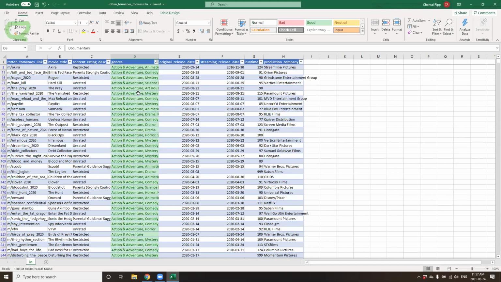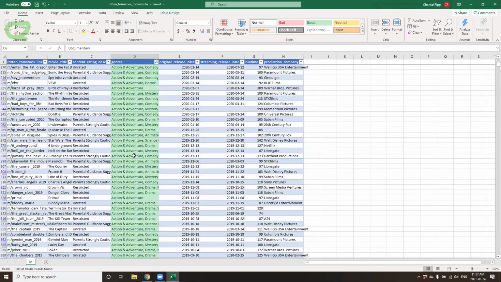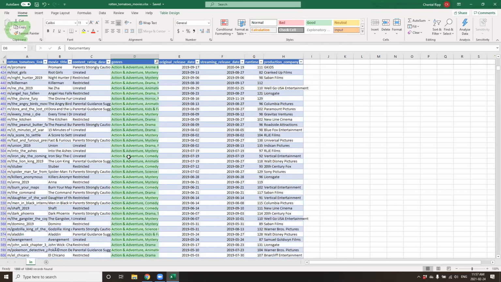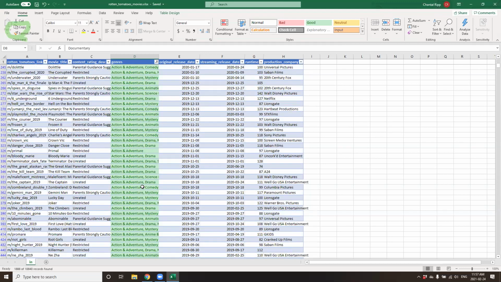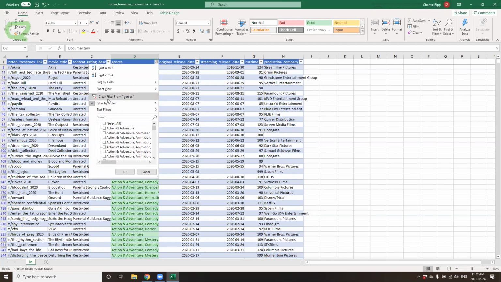If I select that color, now within my table, again, I can see a filter has been applied. And these are all the titles that correspond with having a genre classified as action or adventure. I think it was action I put in my title. So this is one feature that can be done.